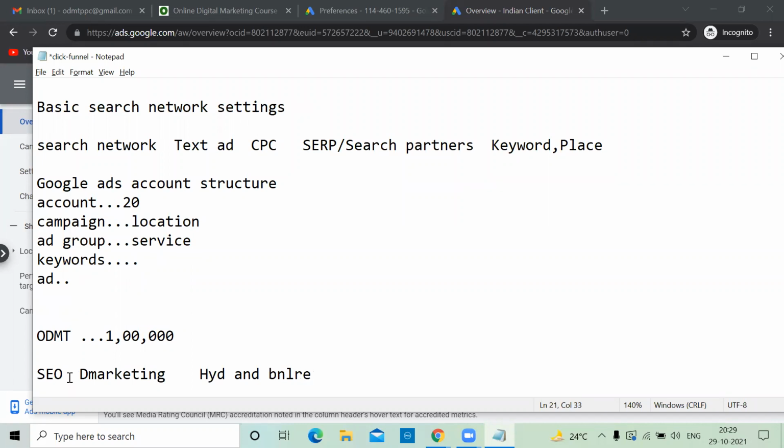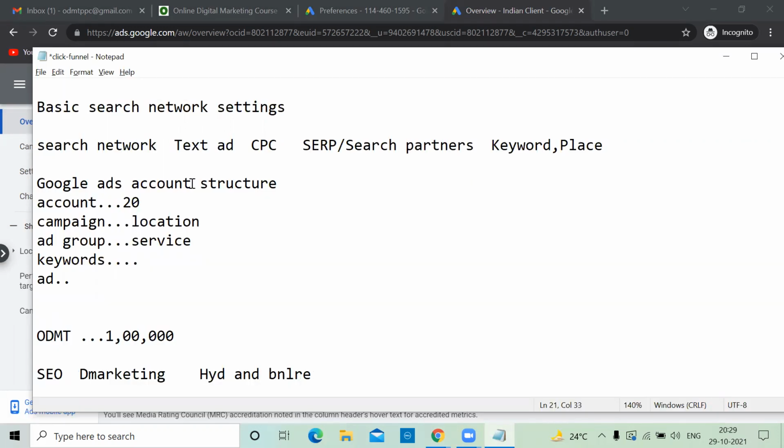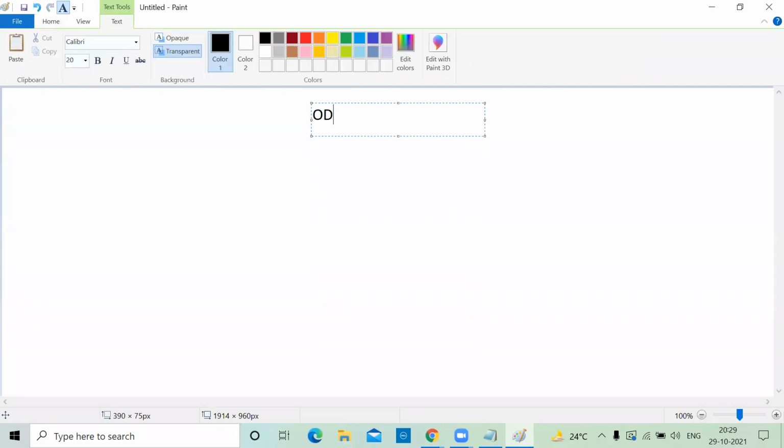So don't jump into the tool to create it. Being a beginner, first do a business analysis. So you can start like this. First is accounts. Log in with the Gmail account and name it as ODMT account.